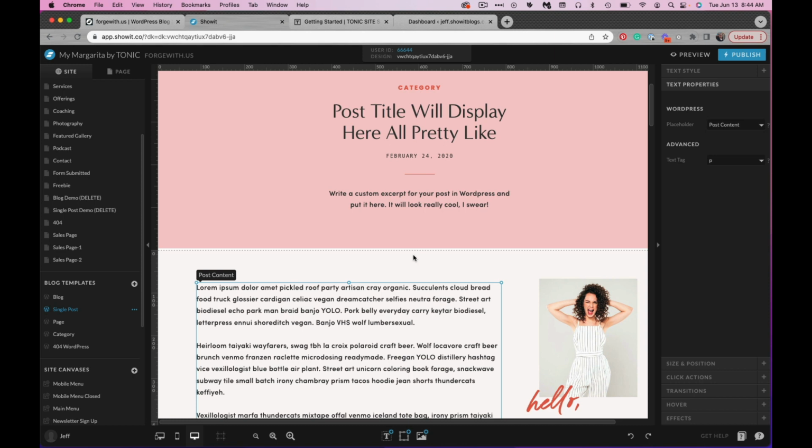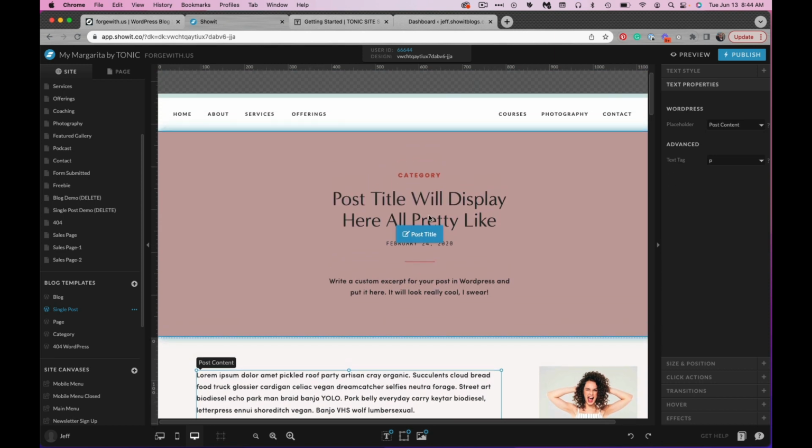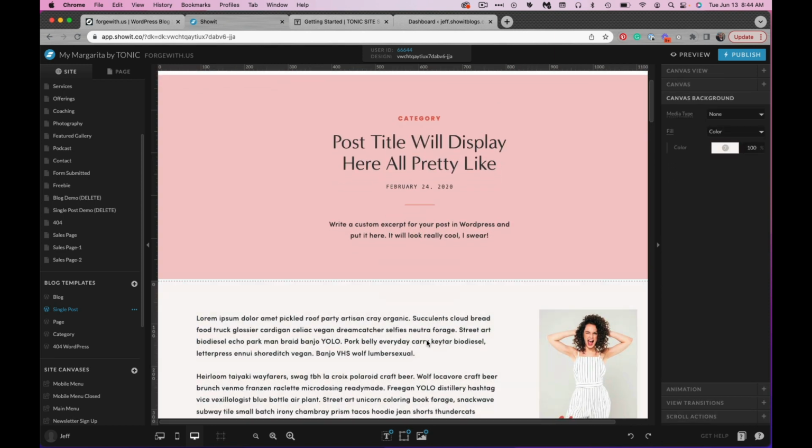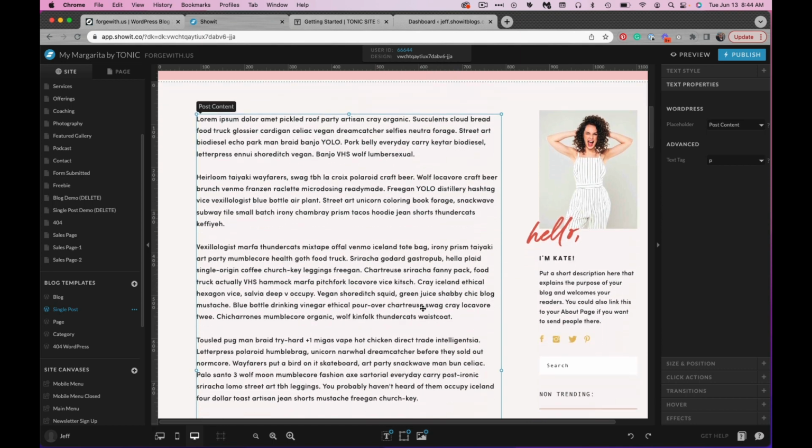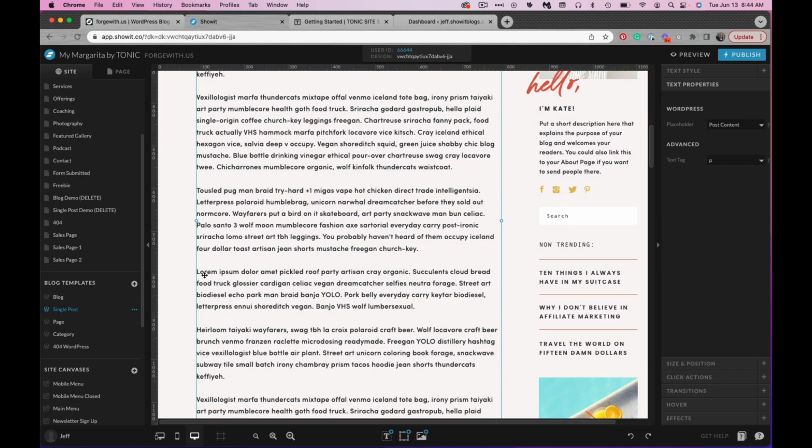of WordPress. Basically, when your site is live, Showit and WordPress can then talk to each other, and Showit will say, hey WordPress, put that title here, put all the content in that post here, all that good stuff. So you really don't need to worry about any of that. There's only a couple of things you need to worry about in the blog, which I want to walk you